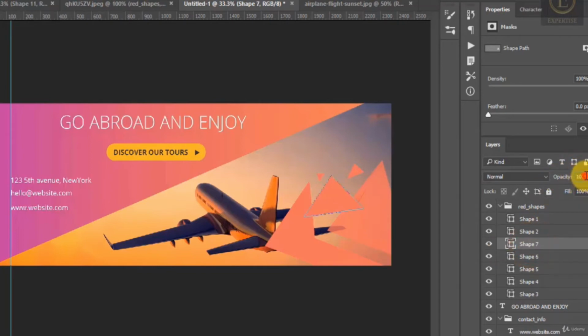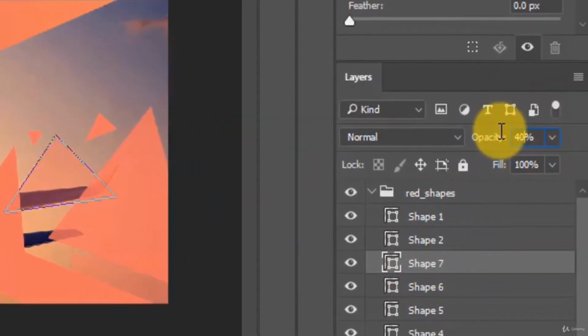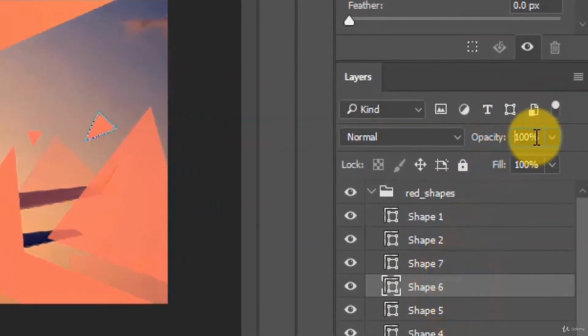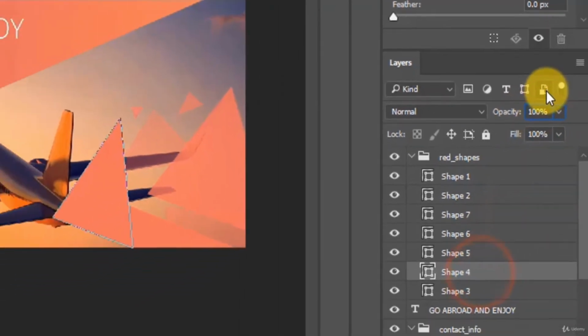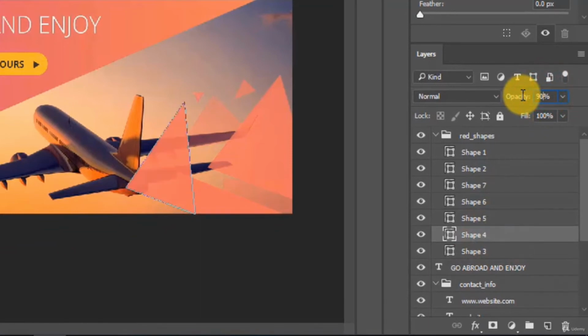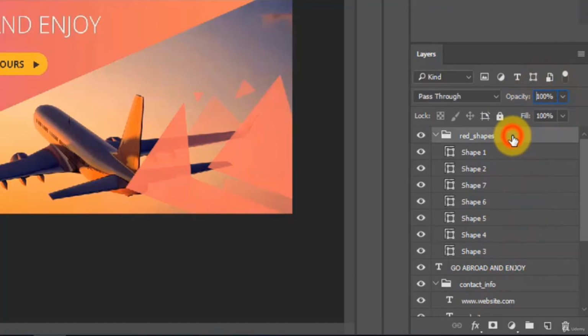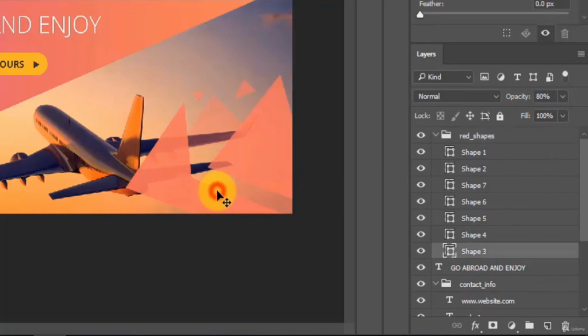I do that for all layers. We make different opacity values. Okay, and this one. Okay,